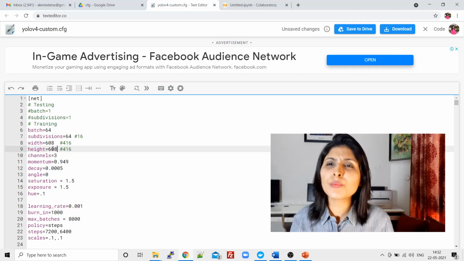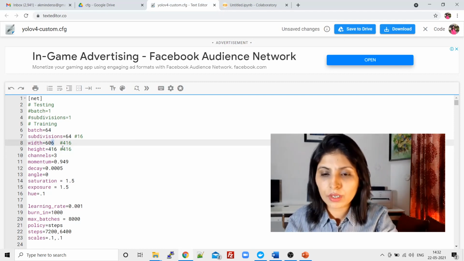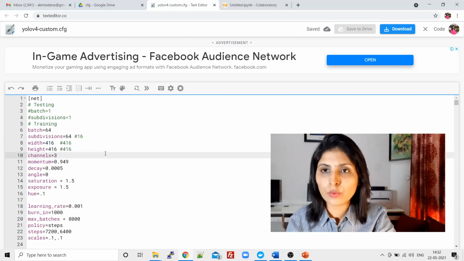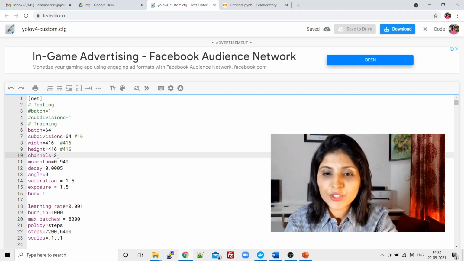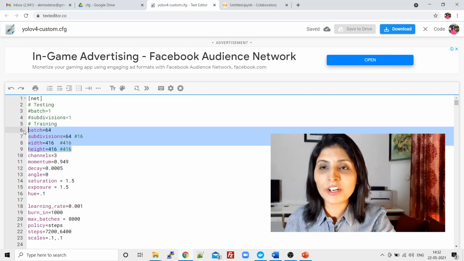But for the processing time and all, I'm using the lower size. I'm using the height and width of images 416 into 416. Number of channels are 3 because we are using a colored image. So these are the 4 changes which you have to make in the very beginning.